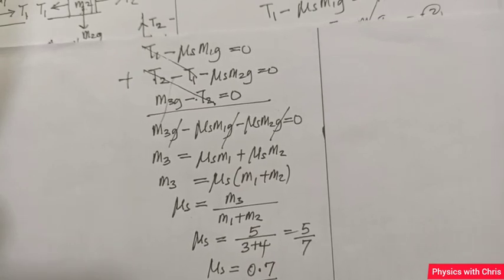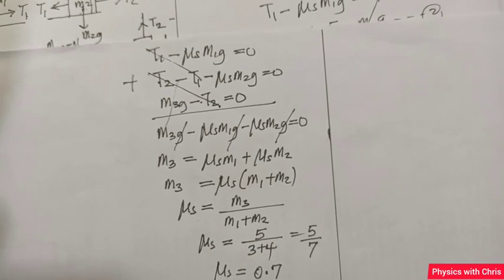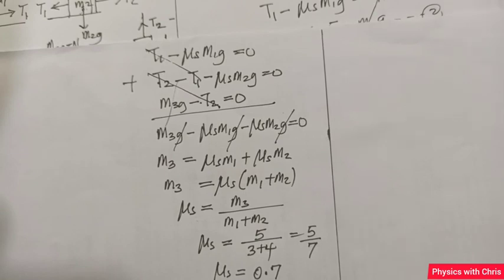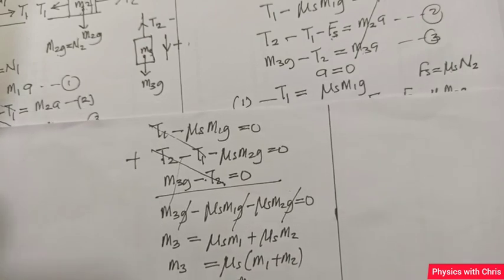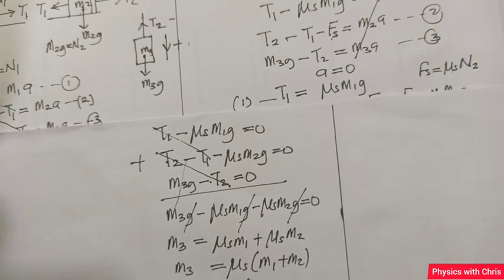And if the blocks eventually start moving, then the frictional force acting between the surfaces, that is the surface of block M1 and M2, will be less than the static frictional force, because kinetic frictional force is always less than static frictional force. In that case, we can write that